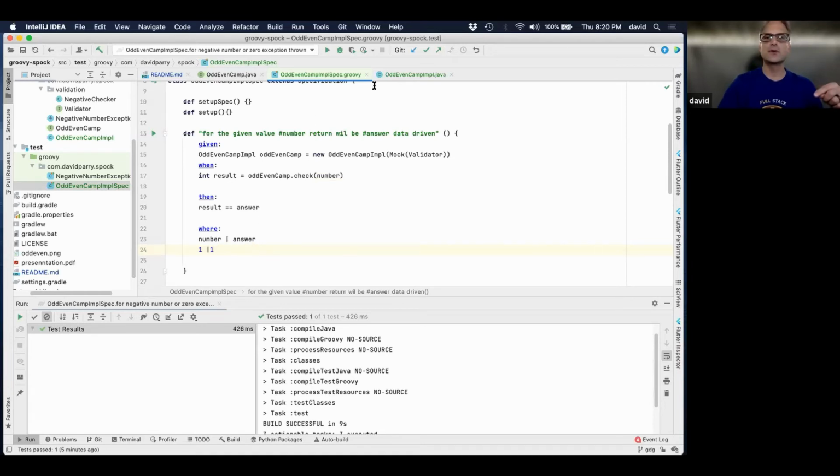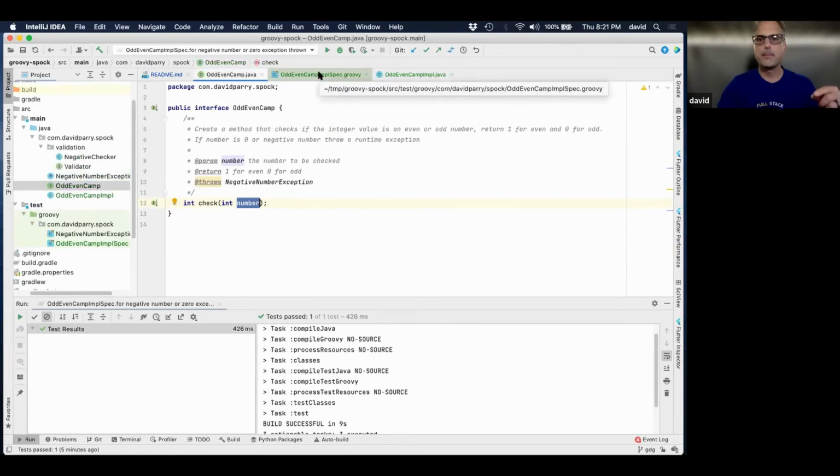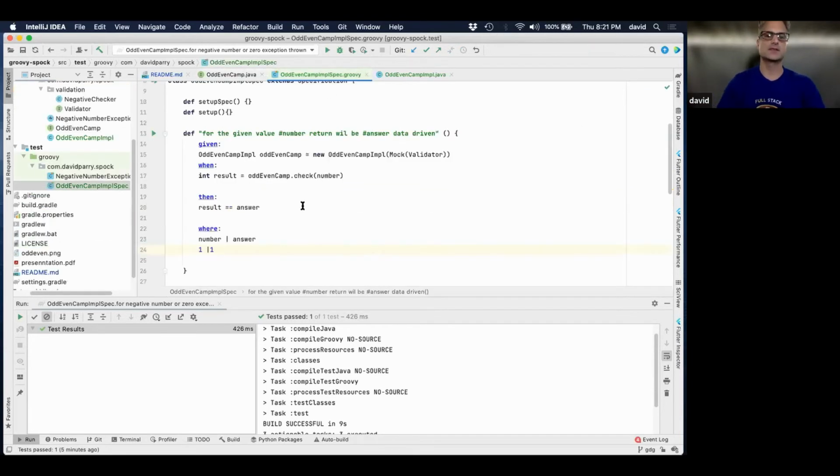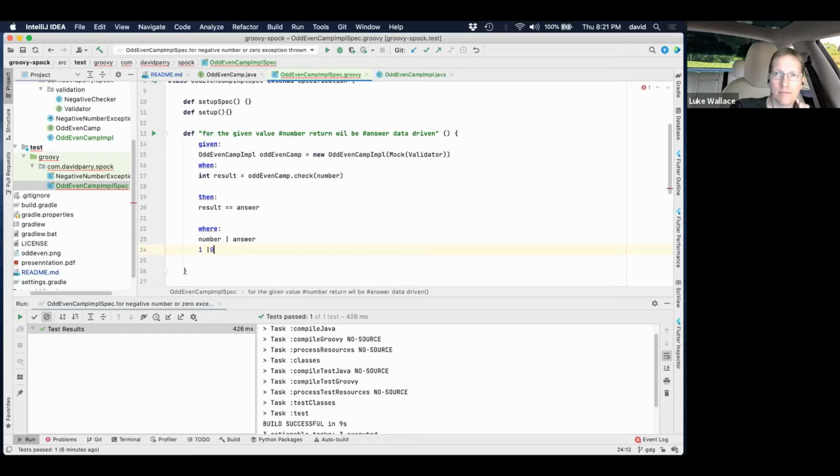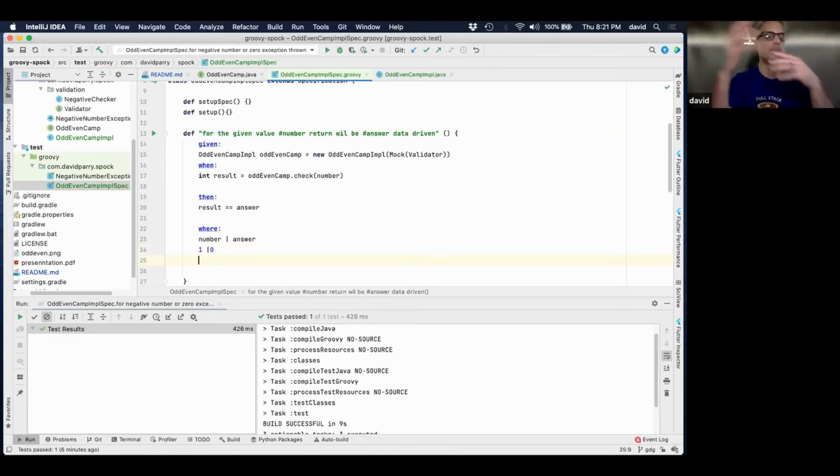Return 1 for an even. Or am I getting it wrong? Integer value is an even or an odd number. Return 1 for even and 0 for an odd. Okay, so that's an odd number, 1, isn't it? So I should return a 0, correct? Yes. Yep, cool. I try to do this to get the feedback and stuff.